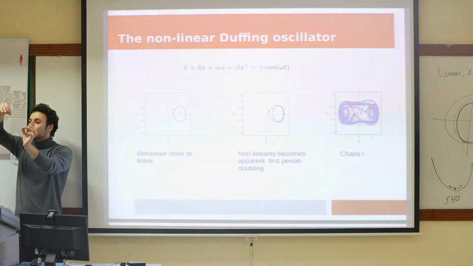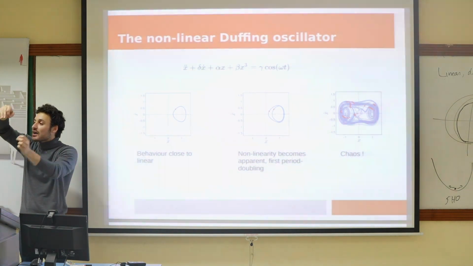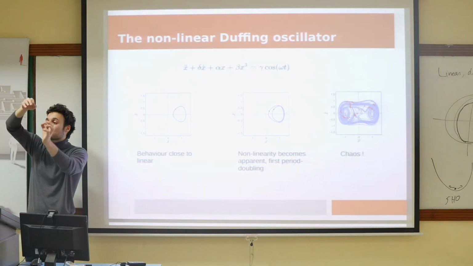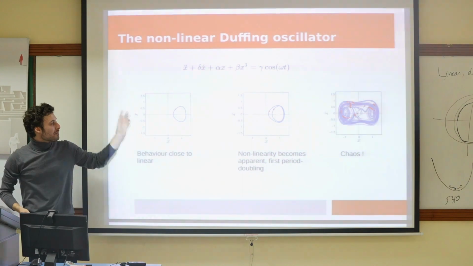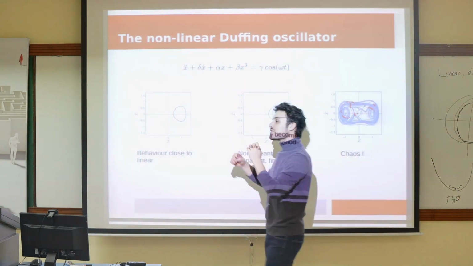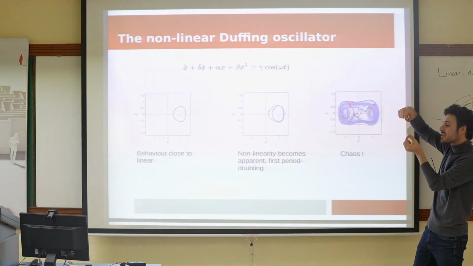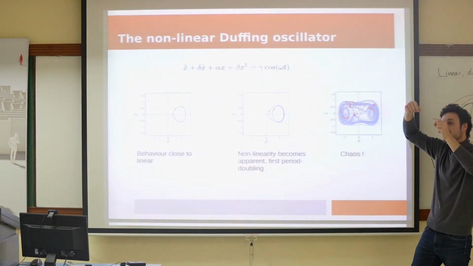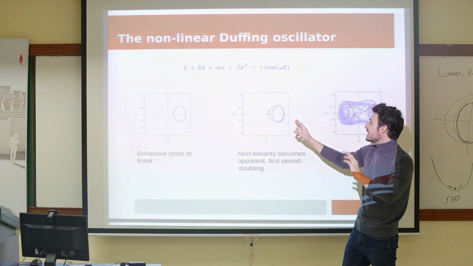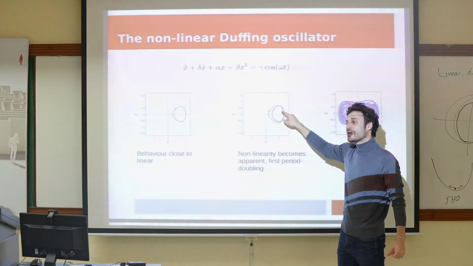But that's no longer true as the amplitude becomes larger, because a pendulum is actually nonlinear. When it starts going into large amplitudes, the frequency of its oscillations starts to depend on the amplitude of the oscillations. Meaning that as the driving increases, your system responds differently depending on whether it's in the small amplitude swings or the large amplitude swings. Because of this difference in behavior, your system now goes through its first period doubling, right?